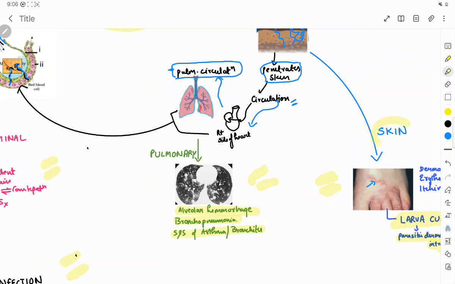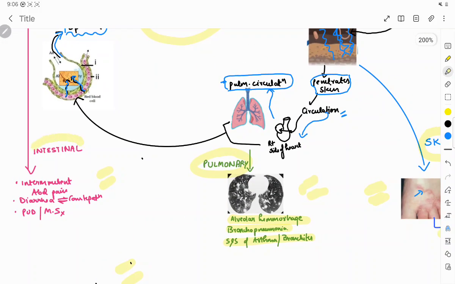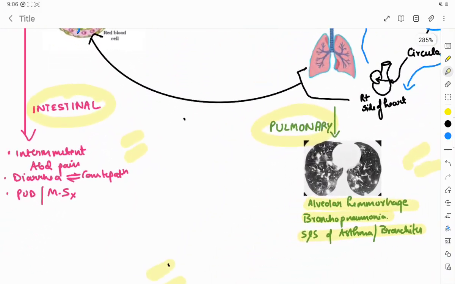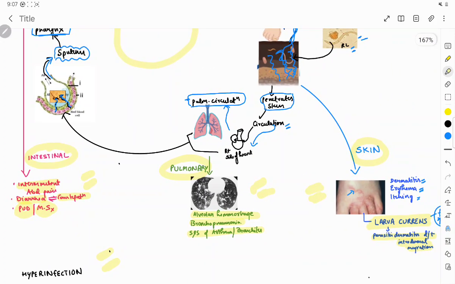Now that we have skin symptoms and the pulmonary symptoms, the worm can also cause intestinal symptoms. The intestinal symptoms occur when we swallow sputum and the adult form resides in the duodenum, and this leads to intermittent abdominal pain, diarrhea alternating with constipation. You may note a patient presenting with peptic ulcer disease or malabsorption syndrome. So we had three specific presentations in this case, either of skin, a pulmonary manifestation leading to alveolar hemorrhages, bronchopneumonia,